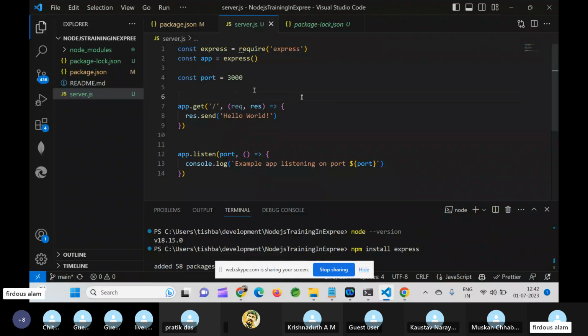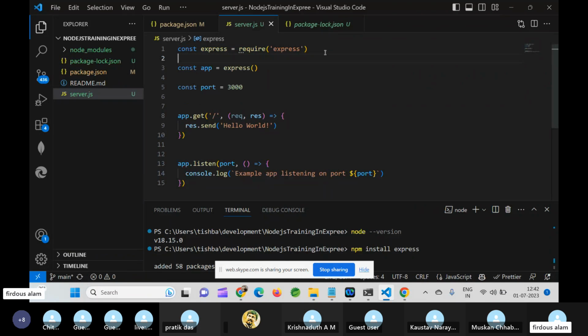So in order to run a Node.js server, we need Express to write the code. If you want to include any library in your machine, since we are using a JavaScript-based Express framework, we need to include that in our files. To include that, we use a constant.